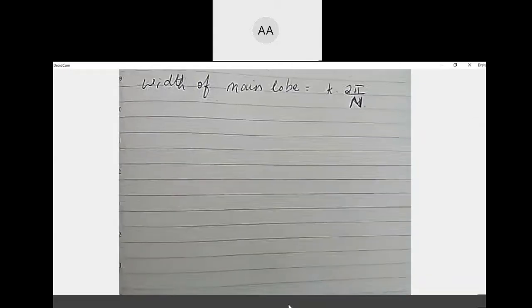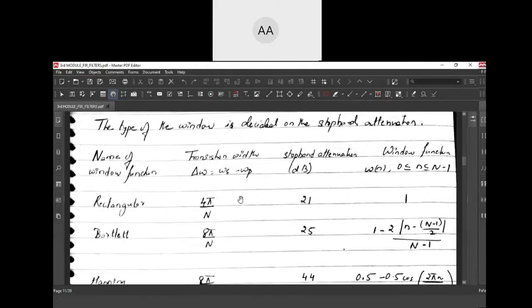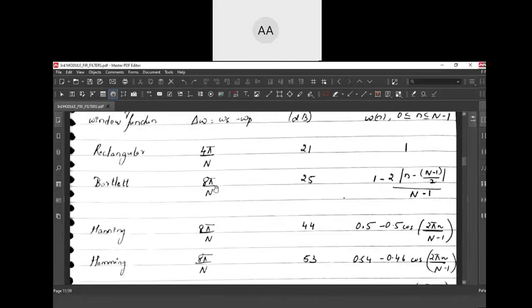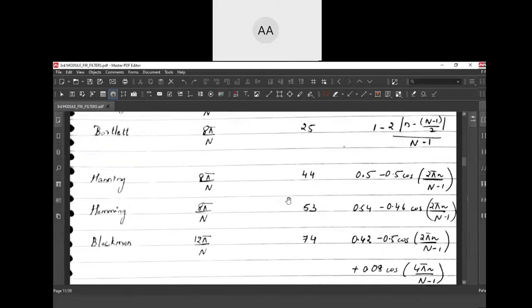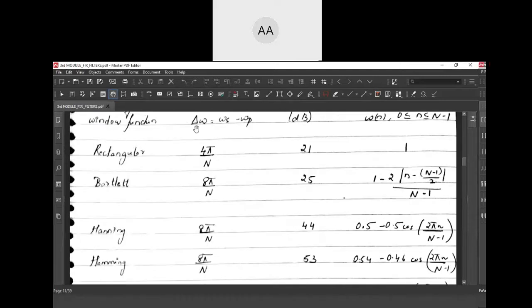So based on the values given in this table, you can make note of this table. All of you can make note of this table. Each window has a transition width, or you can refer to the same notes I have put in the classroom. The transition width is given to you.